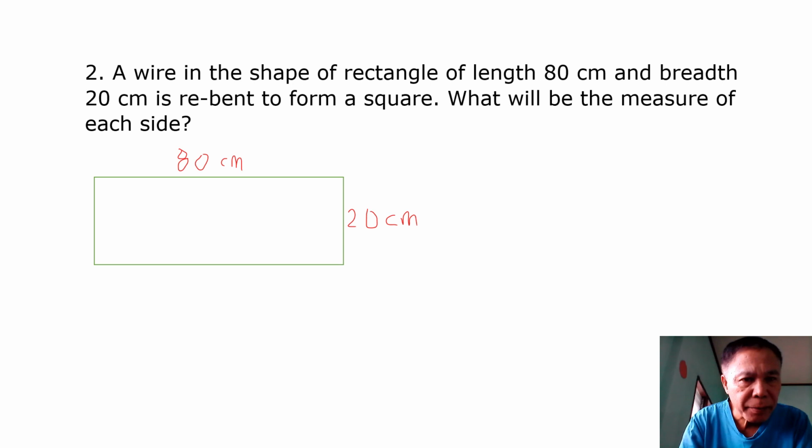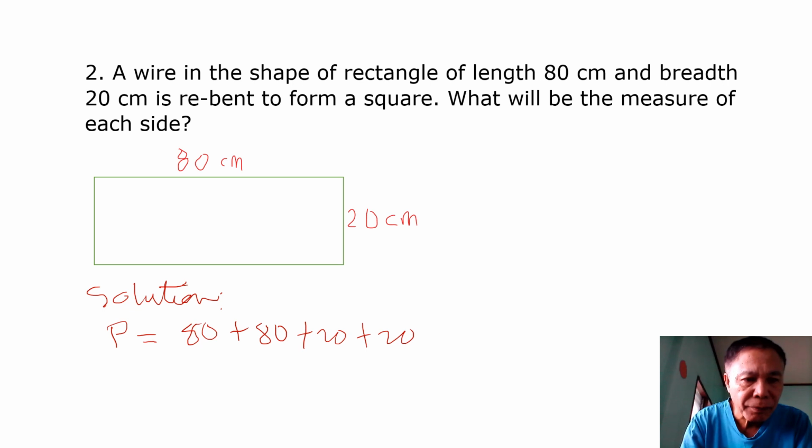A wire in the shape of a rectangle of length 80 cm and breadth 20 cm is rebent to form a square. So what will be the measure of its side? So the solution is that the perimeter of the rectangle is equivalent to 80 plus 80 plus 20 plus 20, so the perimeter would be equivalent to 200